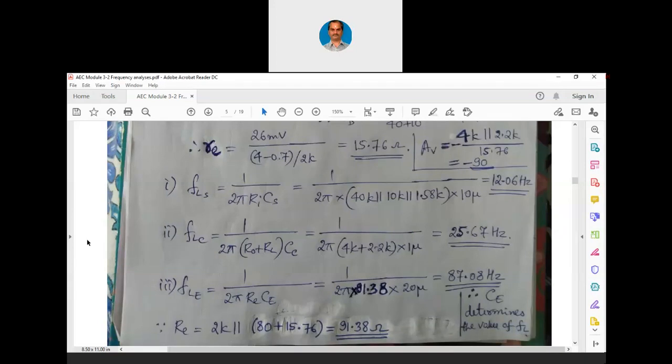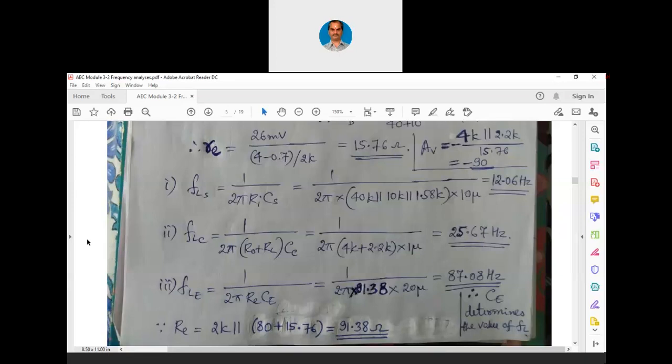When we perform the DC analysis, we simply short circuited it to ground. But when we perform the low frequency as well as high frequency analysis, we have to take their reactance into consideration. When we take the reactance into consideration, we cannot ignore any small factor in the circuit as such. So the conclusion is, out of input, output and emitter capacitances, it is the emitter capacitance or the bypass capacitor which is being dominant.